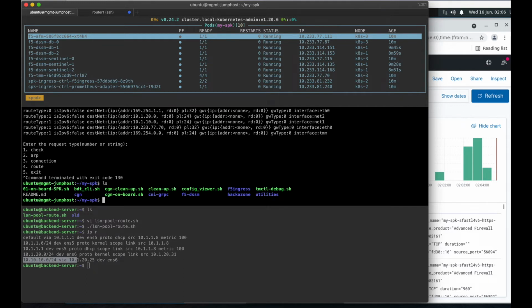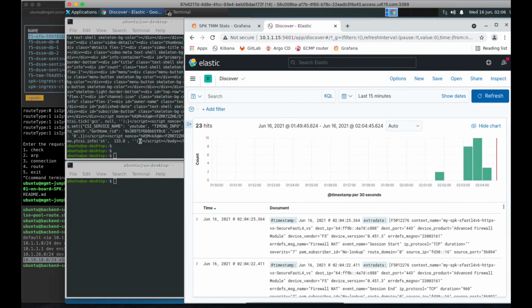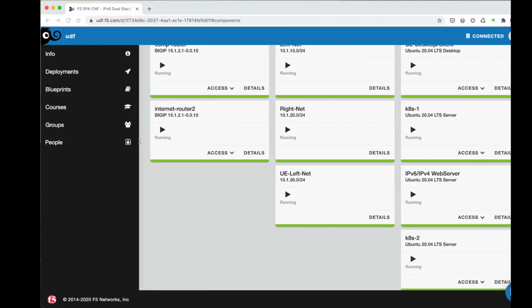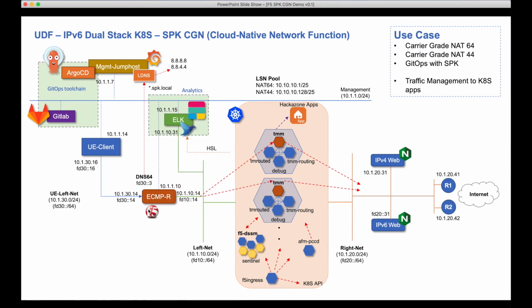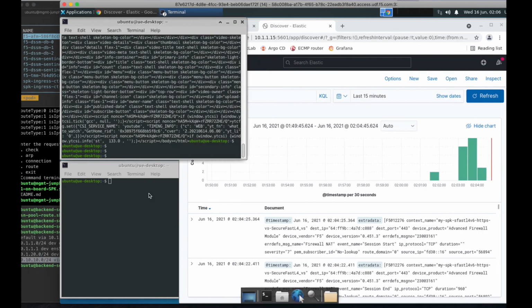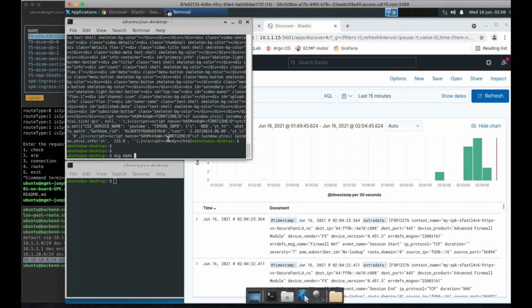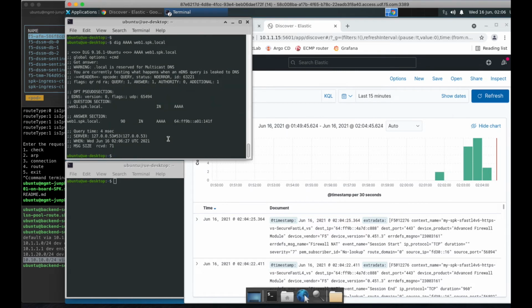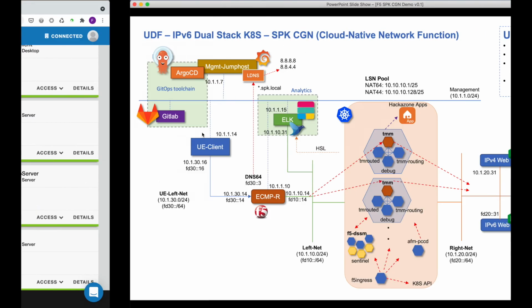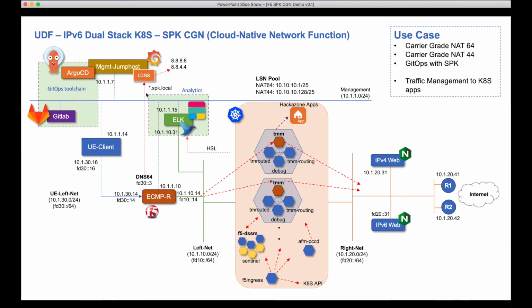Alright, so now we have this IP NAT64 working. The other thing that I think is good to mention is that DNS64 is currently running on this BIG-IP DNS64. So what happened here is that if I dig web1.spk.local, because this is pointing to DNS64, the DNS64 will receive it and then talk to the local DNS to synthesize the IP addresses for those that only have IPv4 into IPv6,